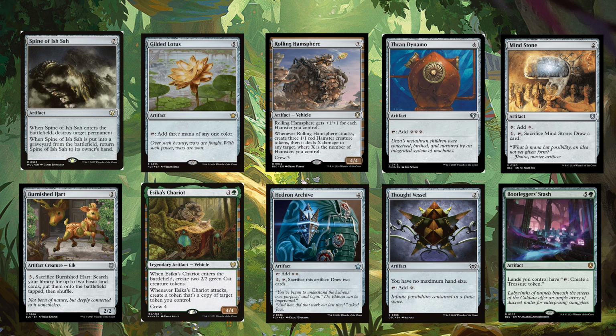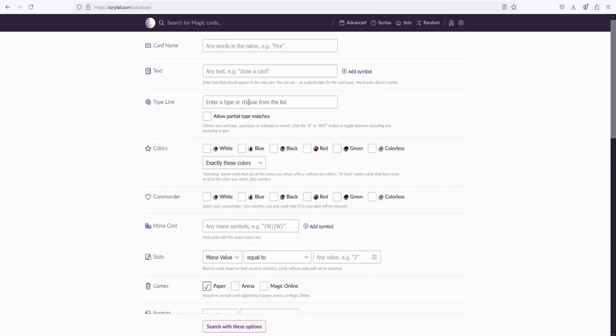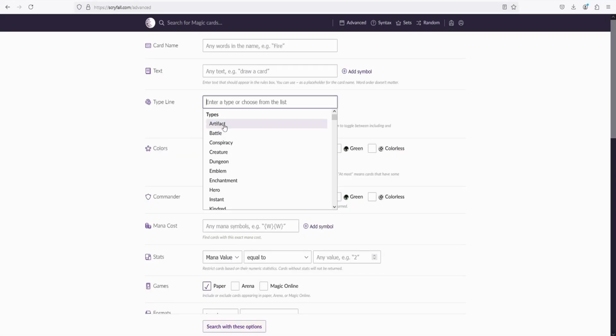The next step was to go onto Scryfall and start looking for cards. Now, again, if you don't know, Scryfall is a really good online card database with loads of good filters, so it really helps you find the cards you need for your deck. So we wanted enchantments, but first things first, I wanted to look at enchantment creatures because these were a great way to bolster my creature count while also putting some enchantments in there as well,